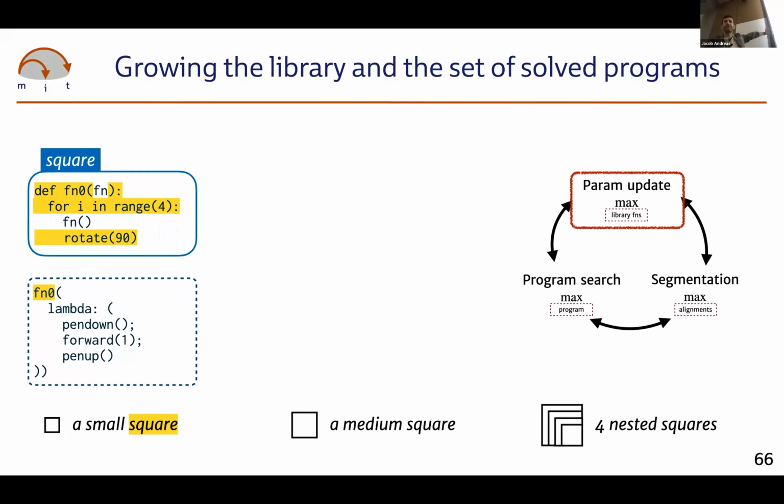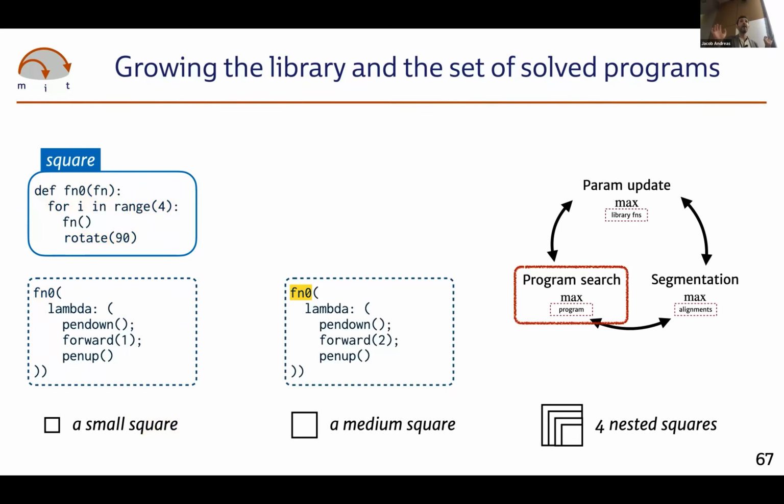Yeah, so there are two things going on here, one of which I totally glossed over, which is that when you do this parameter update step, this library learning step, you're using language to tell you which possible segmentations of the programs correspond to good library candidates. Another thing that we're doing is, during the search phase, we have a language-conditional search heuristic that looks at the description of a problem that you haven't solved and says, okay, I'm trying to make a medium square. I don't yet have a program that makes a medium square, but I have a square function in the library. And so I'm going to sample that more often or prioritize that when I'm doing my search